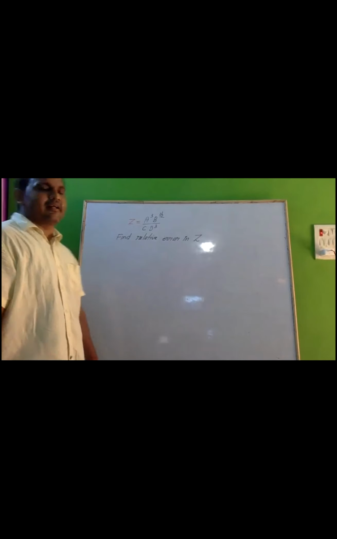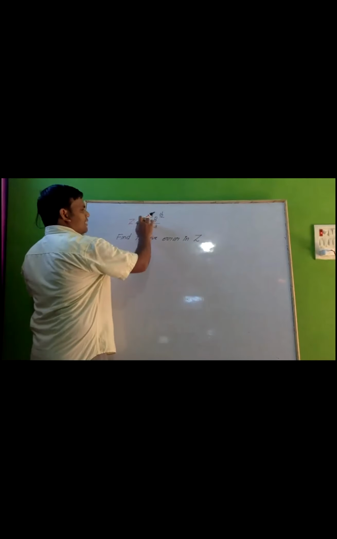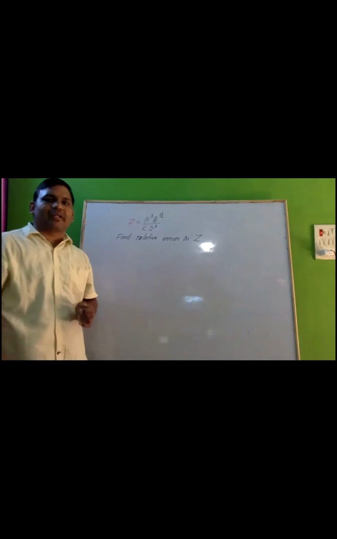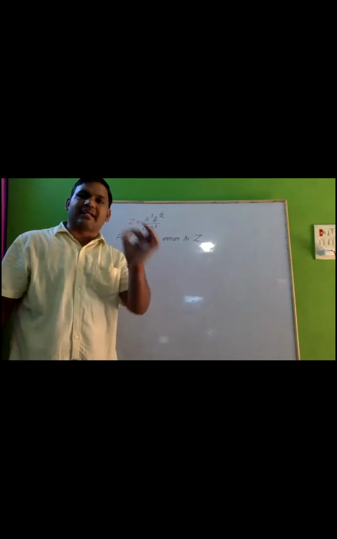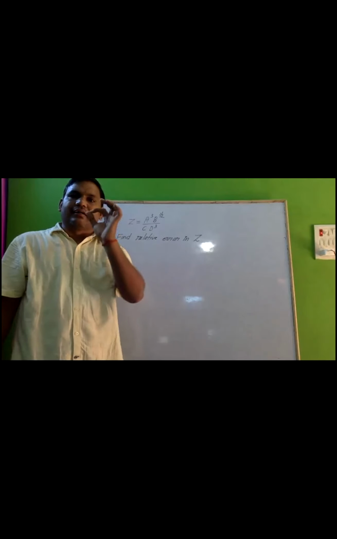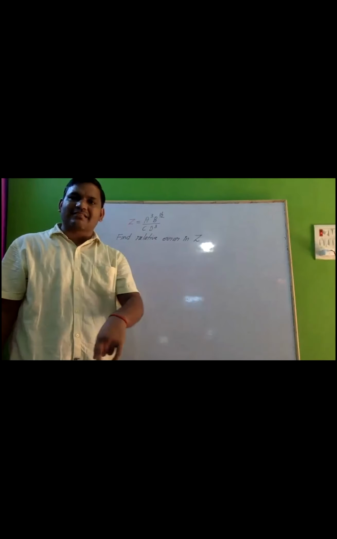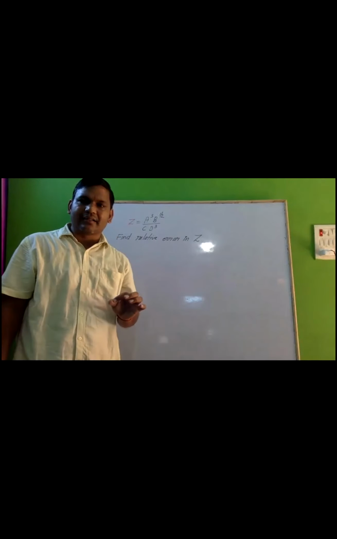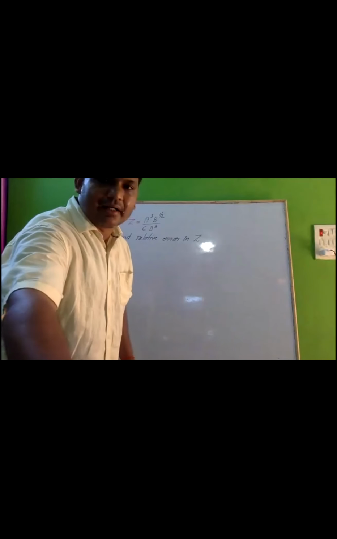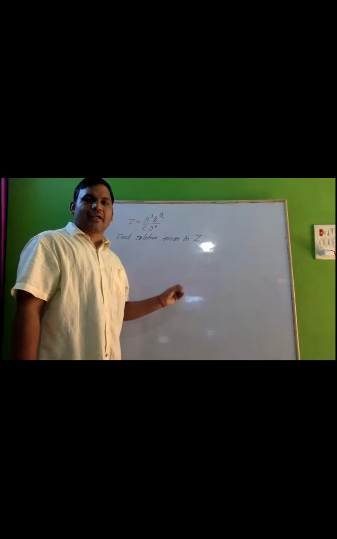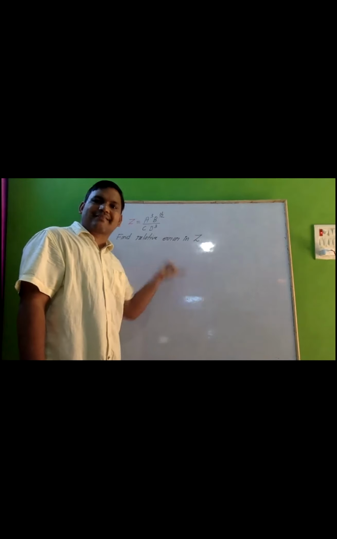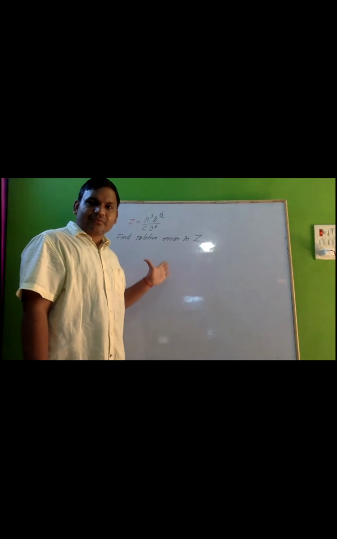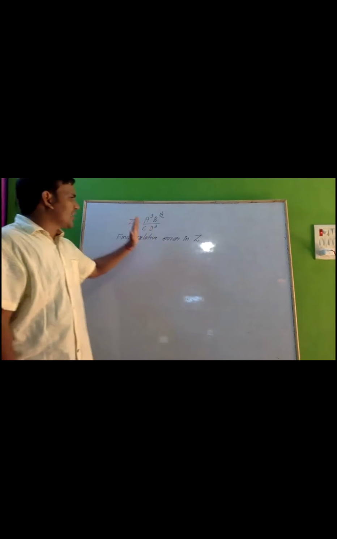So how will you find it? You can see these are the multiplication terms and this is the division term. I already told you about the relative error in the case of multiplication and division, and you saw that the relative error is the same for both. Whatever I have derived right now, the relative error in division, is exactly similar to the relative error in multiplication. So right now we can just expand it.